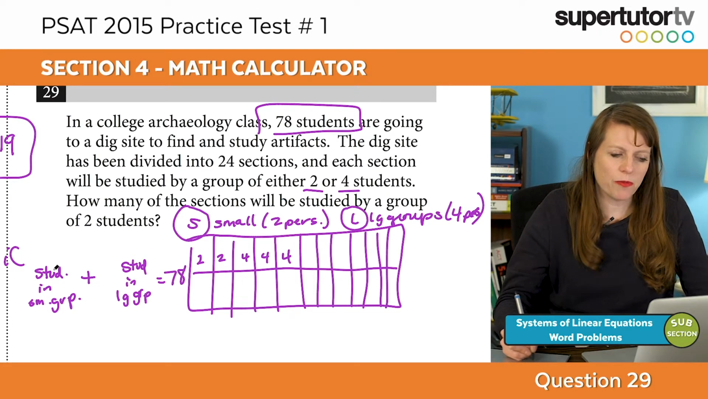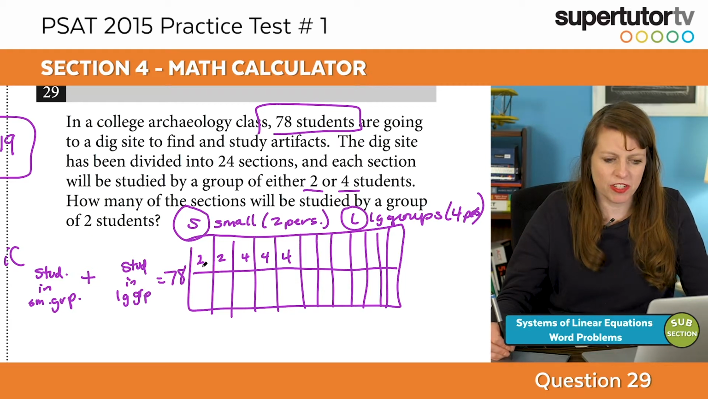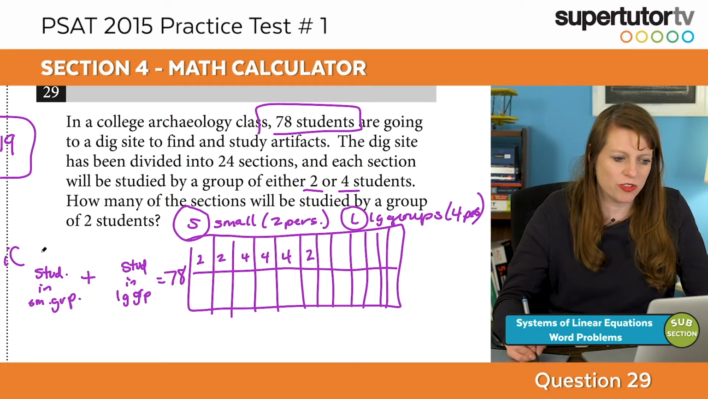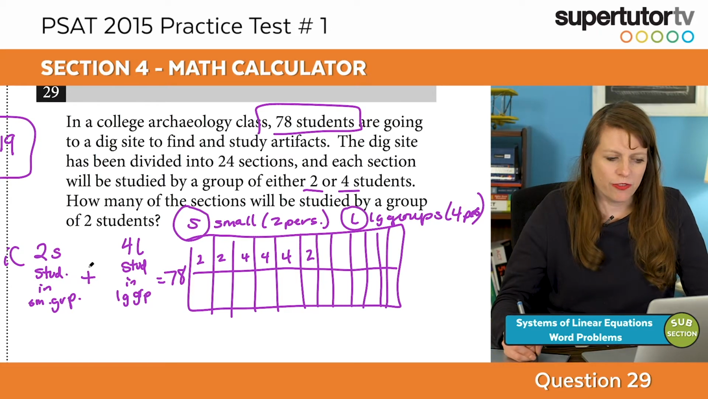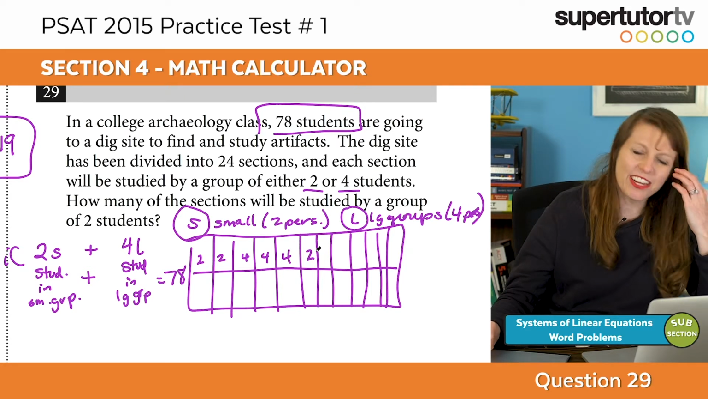So let's talk about how we can represent these using variables. Well, if I say that I have S small groups, like let's say I had 2 small groups, then I would do 2 times 2. Let's say I had 3 small groups, I would do 3 times 2. So if I have S small groups, I'm going to do 2 times S, and that's going to give me the number of students in small groups. And I'm going to do the same thing here for large groups. I'm going to do 4L. So if I have 2S students in the small groups in total, 4L students in the large groups in total,